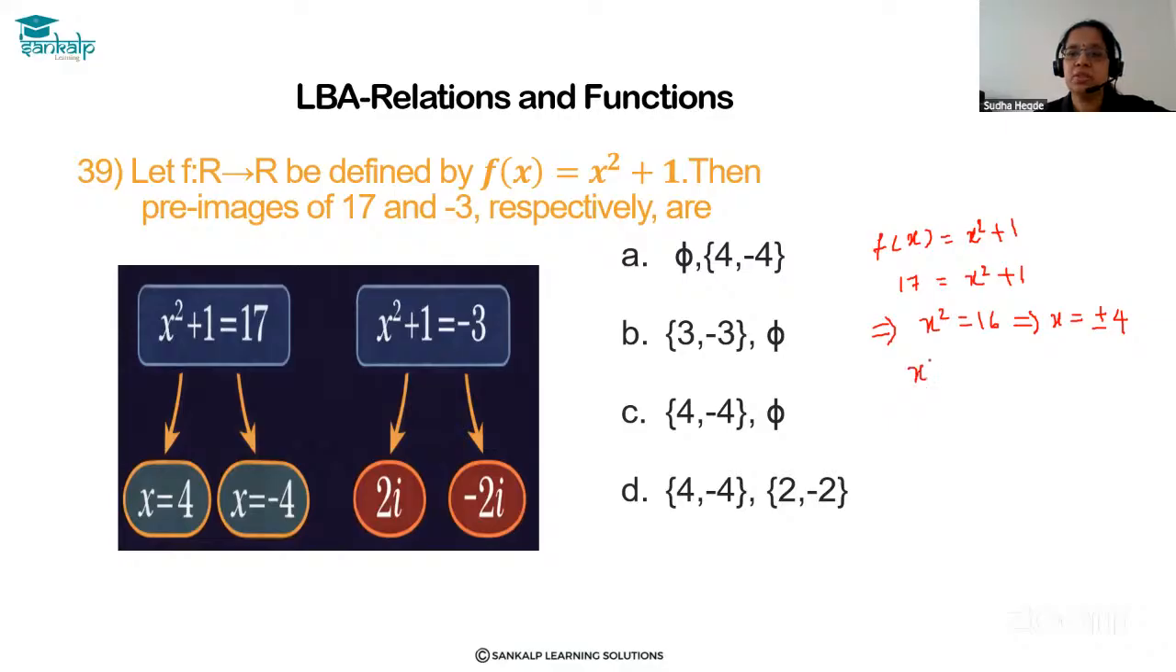X square plus 1 is equal to minus 3. So you need to find pre-image for minus 3. So equate f of x to minus 3. This implies x square is equal to minus 4. That implies x is equal to what? Plus or minus? Is it 2? No, minus is there. Therefore, plus or minus